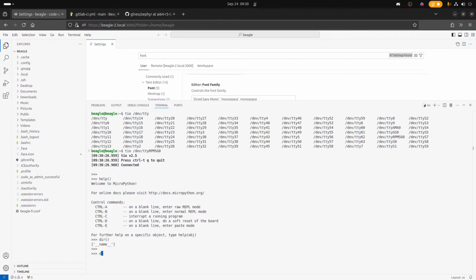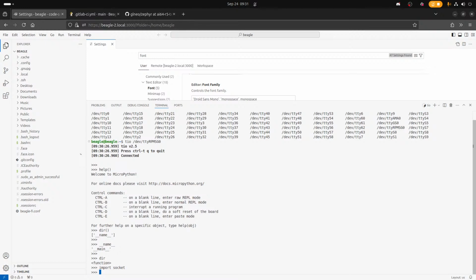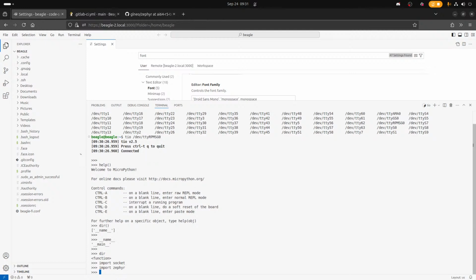Maybe underscore underscore version underscore underscore. That seems to be convention normally. What commands do I have here? It actually imports socket, even though there's no network connection. There we go.